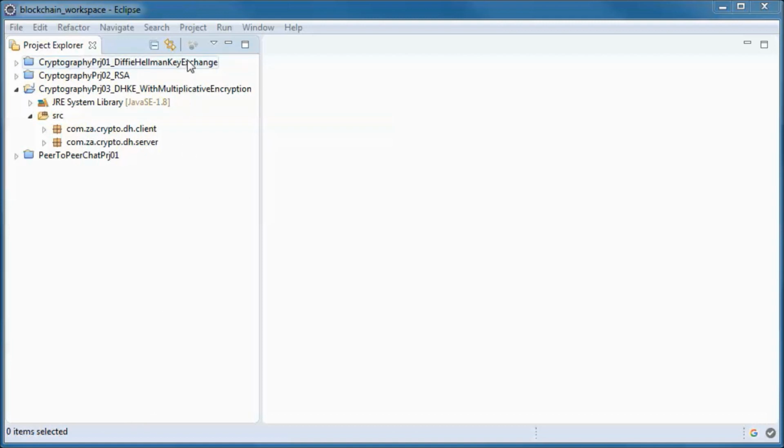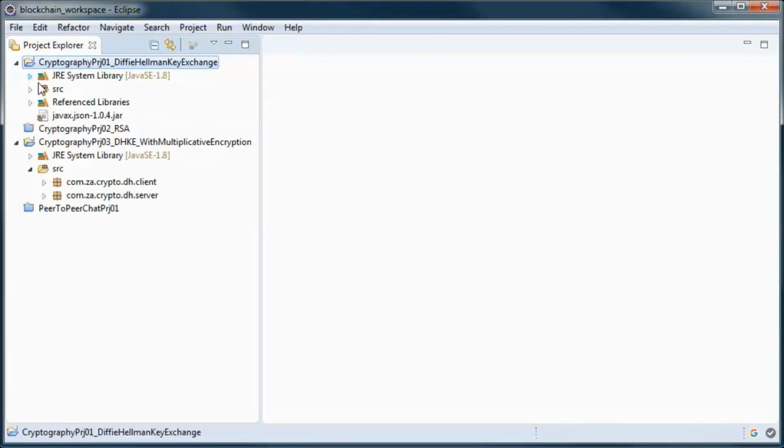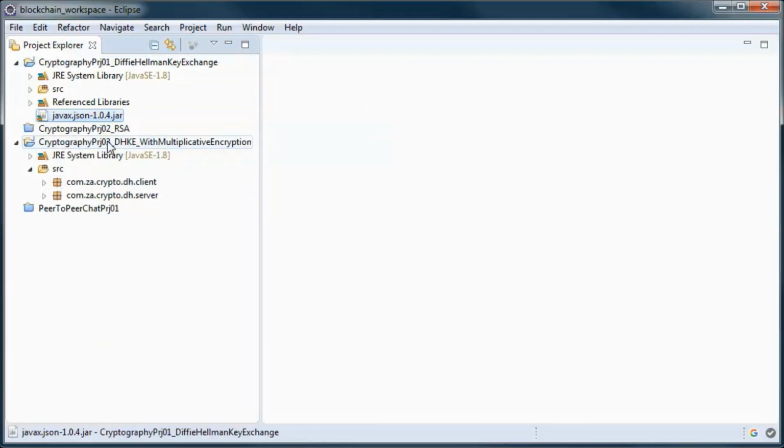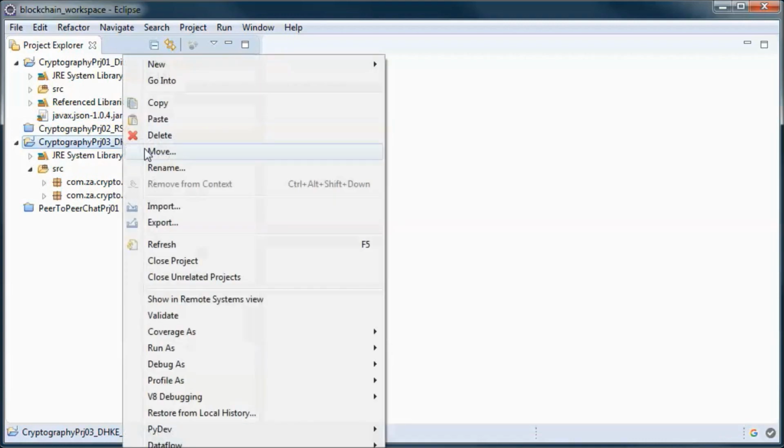And to do JSON, we will use this package as in the previous Diffie-Hellman tutorial.